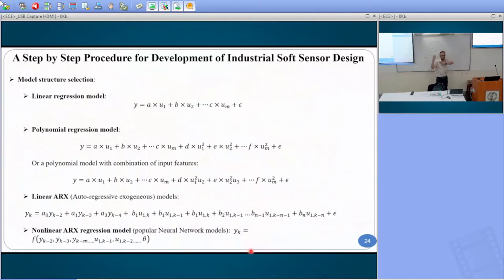Especially it's not for research, but for industrial applications. When you're looking at the industrial application part, the best thing is to start with a simple linear regression model and see whether you're able to fit a model between the input features and the output. And then slowly start changing the models, right from regression to polynomial regression and using ARX or auto-regressive